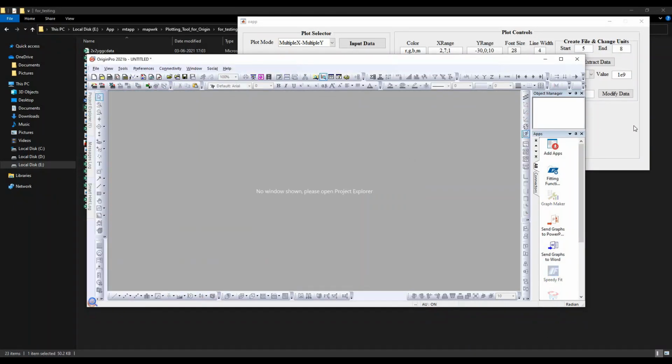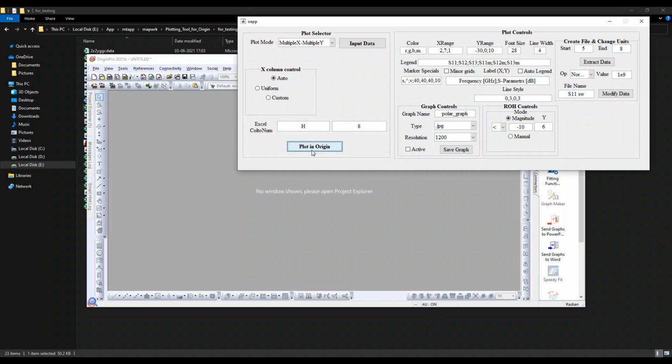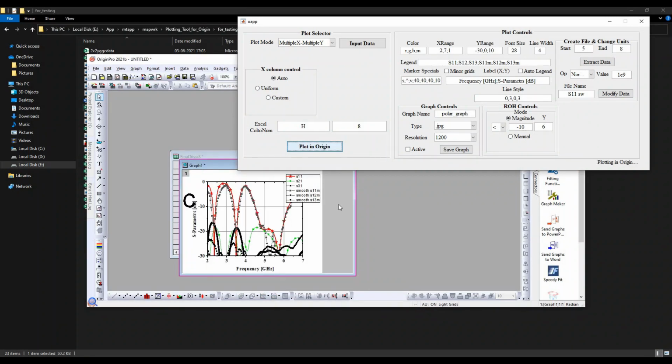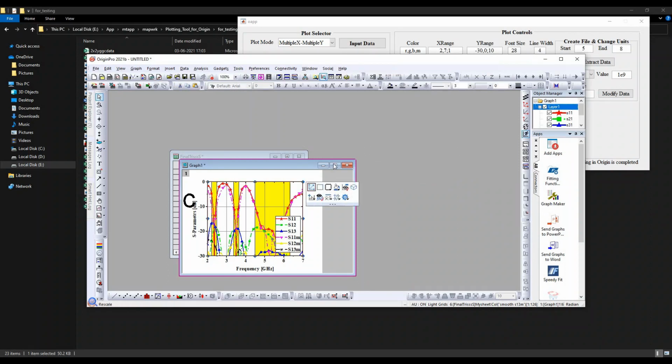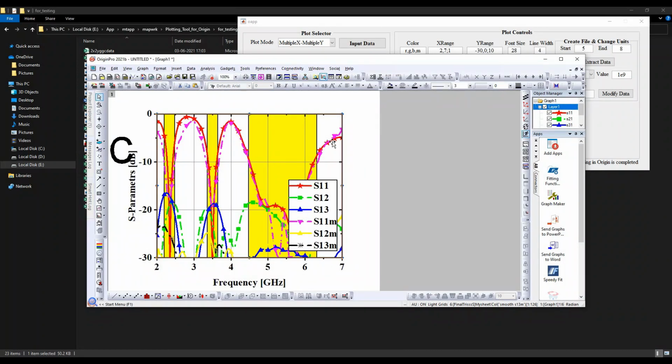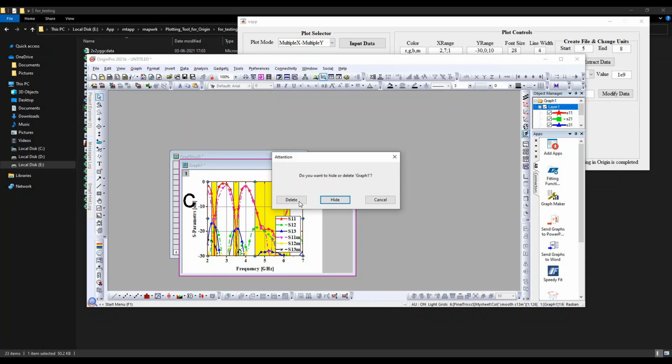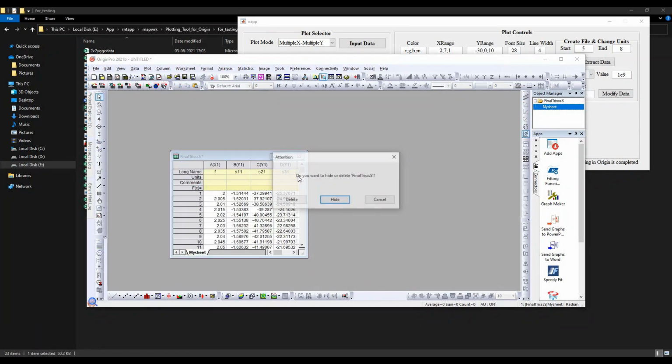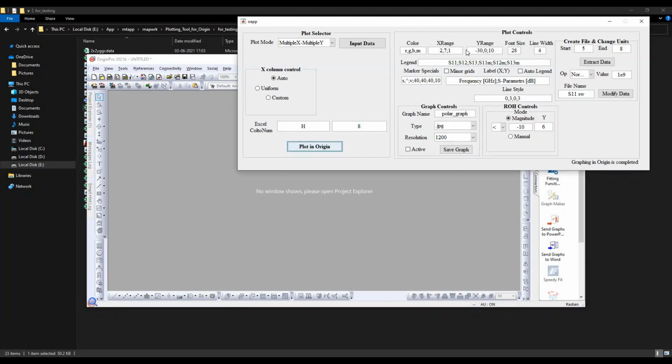And now we read these graphs. Check this plotting option. As you can see over here, these are the plots. You can adjust the Y range too. Seems like majority of the isolation values are missing out from the plot.